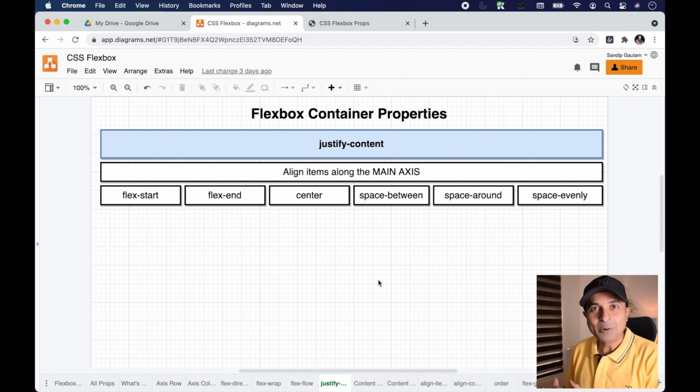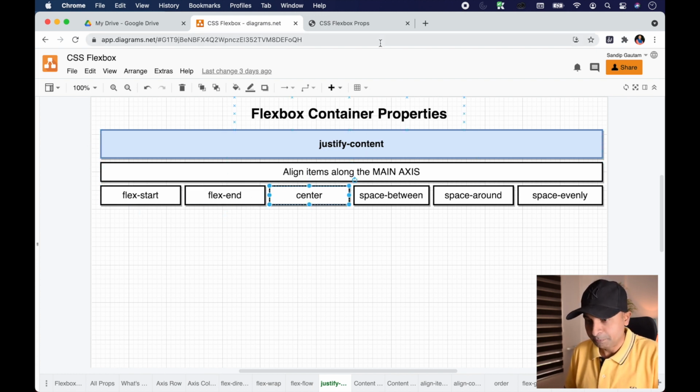Now let's talk about our next Flexbox property, that's called justify content. And this is one of the most important properties. I mean, you're going to use this property so many times. So what's the meaning of justify content? It aligns items. Remember, it aligns items along the main axis. And I told you that main axis and cross axis are really, really important concepts. And now we are going to talk about those concepts in practical terms, right? So it aligns items along the main axis, and these are the different values or options we have for